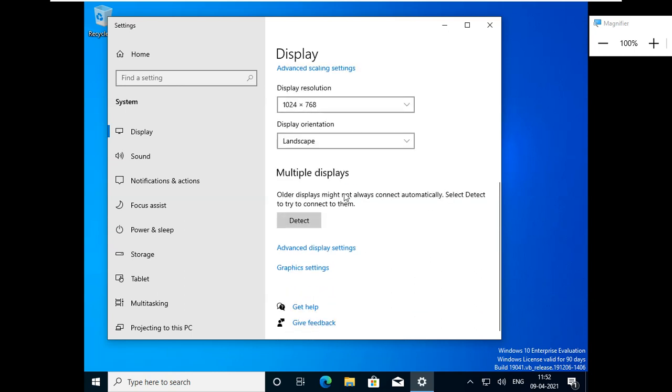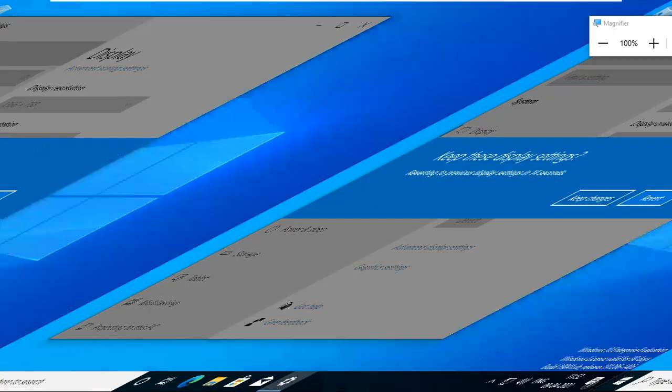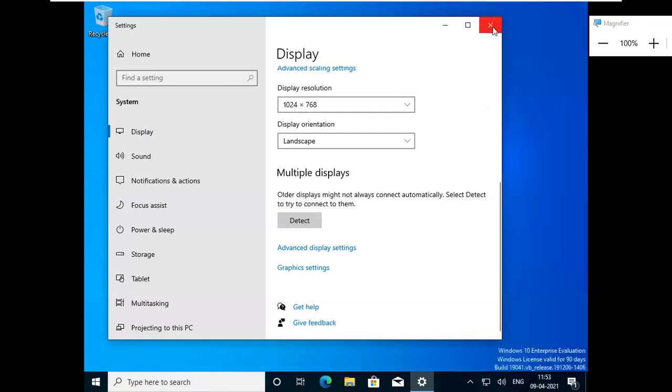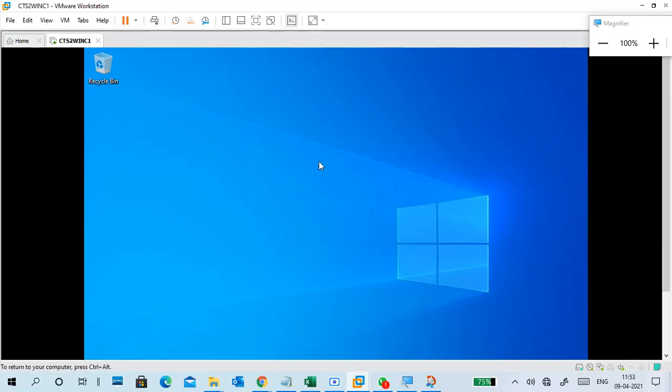Okay, like this. 1366 by 768. Oh, gone. So click on revert. Try to find where the revert button is. Revert. So don't use it. I will tell you other options. So this is it.